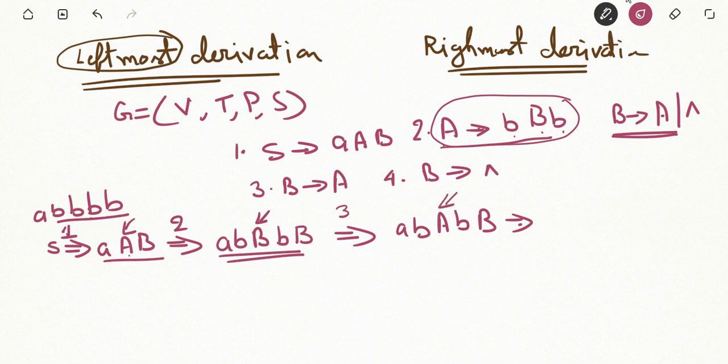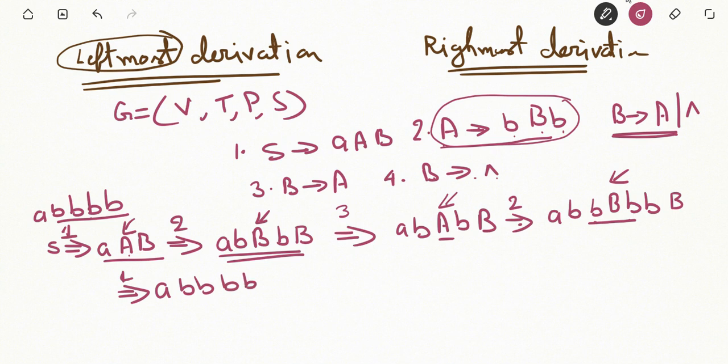So what we are going to get? aBBBBBB, with the second production rule replacing A. Now using the production rule B rewritten as null for this symbol, that is fourth, we get the sentential form aBBBBB.